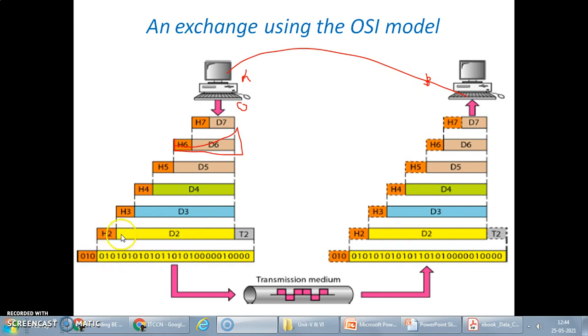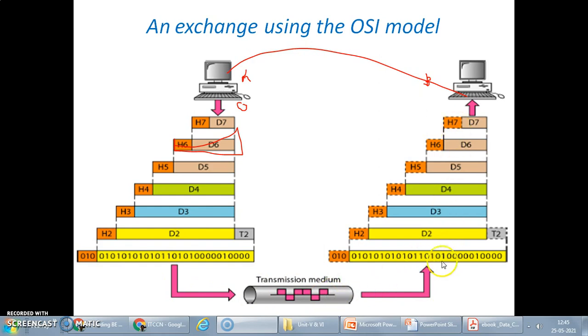At the physical layer, the whole data gets transformed, suppose into electromagnetic signals, which carry the data in the form of digital bits. At the physical layer, data is converted, based upon the transmission medium over which we are actually transmitting the data, into a form that is carried by that medium.